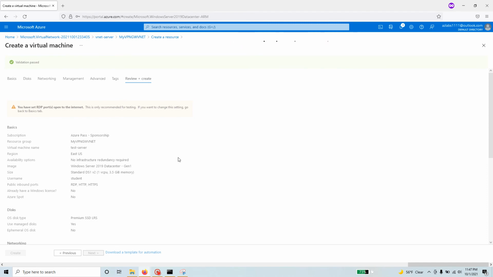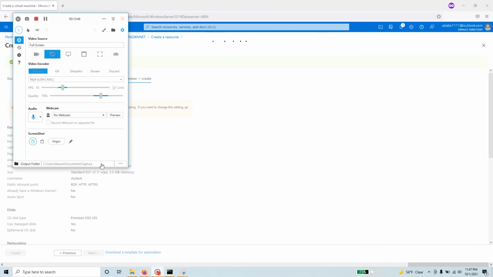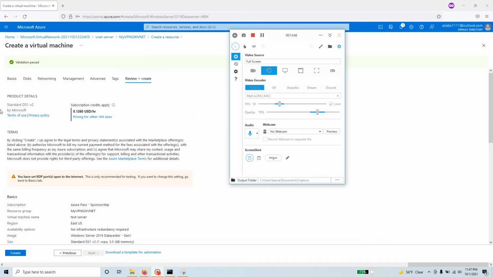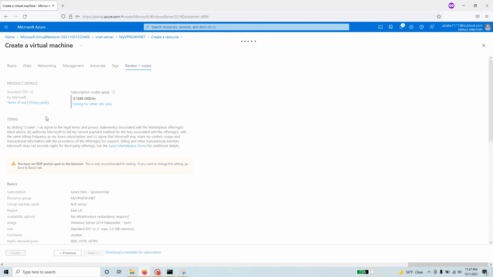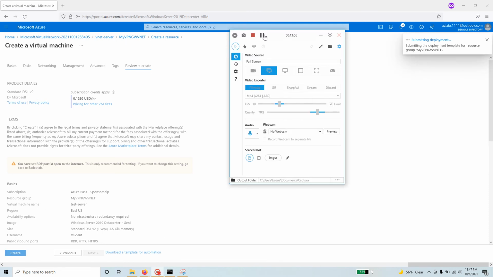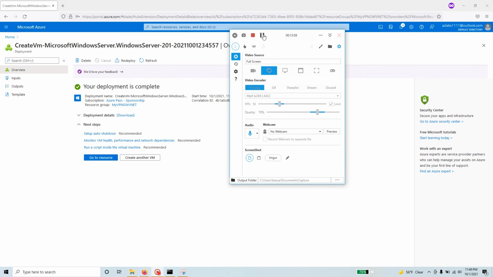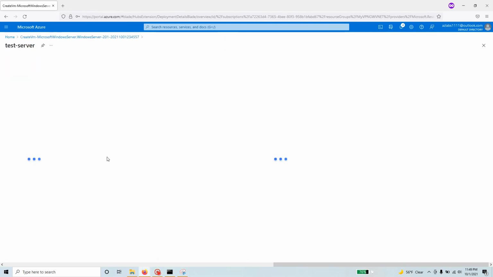Okay, so give it a second and see what happens. Actually, the validation is successful now, so let's just hit the create button and let's get started with the deployment of this particular virtual machine. Alright everyone, the virtual machine deployment is now done. So let's just go to the resource quickly,